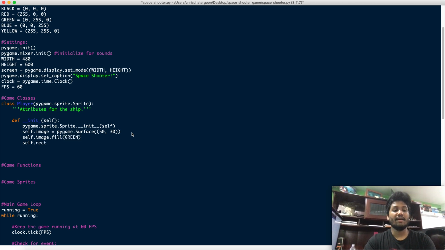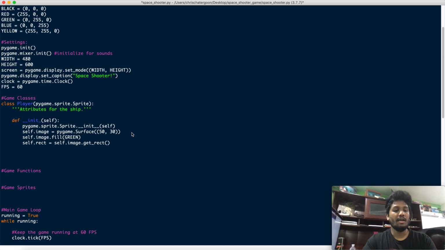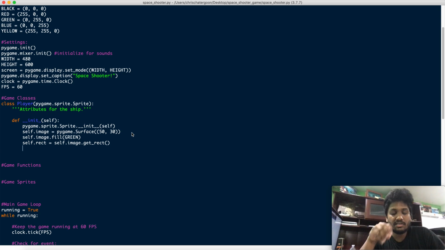And then after we have the image, we need to then create a rectangle around the image, because that rectangle is what we're going to be using attributes of to move the image however we want. So self.rect is equal to self.image.get_rect. Okay, and let's see how we want this. Now, when you think of this particular space shooting game, our ship is only going to be moving to the left and then to the right. Okay, so what we'll say now is